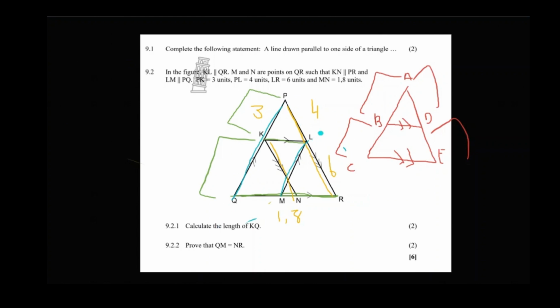Let's look at the blue lines. We have PQ that is parallel to LM. The prop theorem also applies over here. Just readjust the way you view these triangles, guys. You need to start looking at it from different angles. Don't just look at it the way it is drawn right in front of you. One thing about Euclidean, you need to shift your perspective, your viewpoints. Try and adjust your screen, try and adjust your page. So we have LM that's parallel to PQ. That means it divides this triangle in proportion, making sure that LR over LP is equal